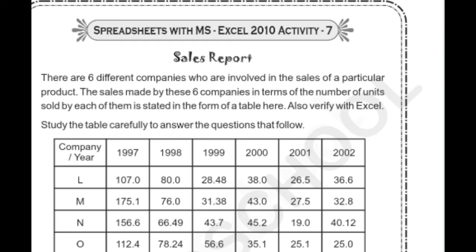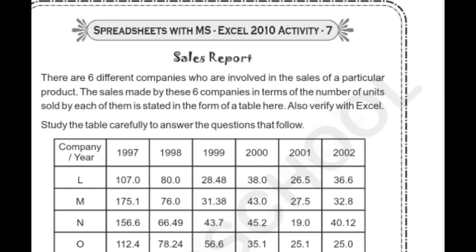Okay, so let me read the questions. This is the one sales report. We have to write the answers by finding the values from this table. So children, take this workbook page activity in the workbook and observe the table first and understand what data they have given. Understand the data and do the data analysis. You can calculate in your mind, try filtering values, analysis, comparing values, and read the questions. You can answer these questions.